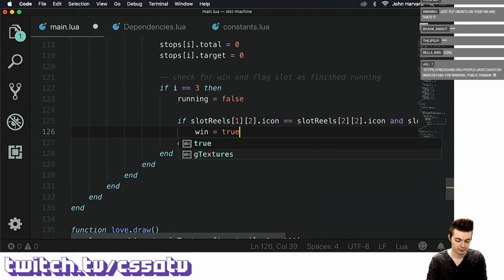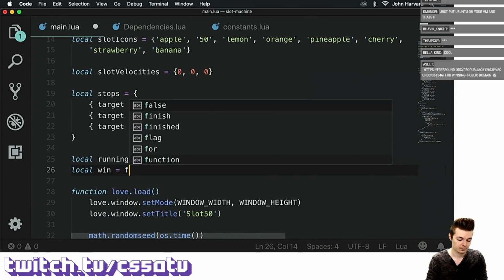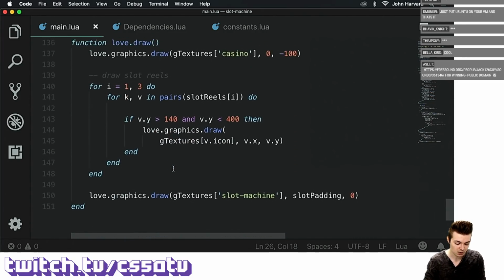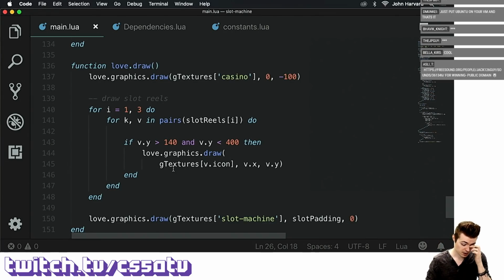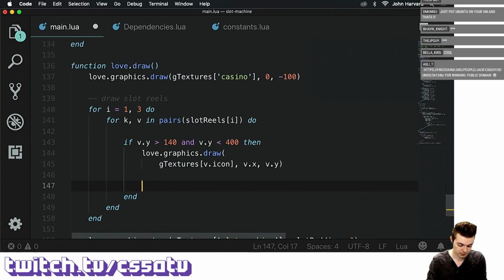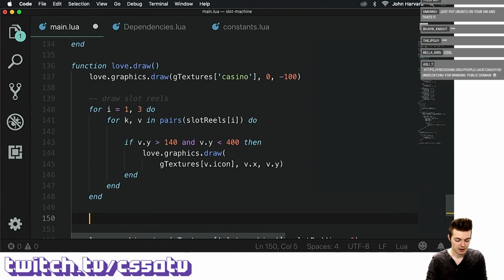So I can just say win is true, right? And so I'm going to just make a variable for that called win. It's set to false by default. And then what we can do is, let's maybe highlight the 3 reels. So it's going to be at the second one. So we'll just say if win